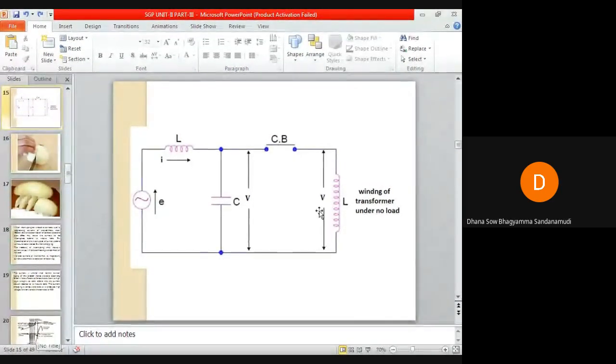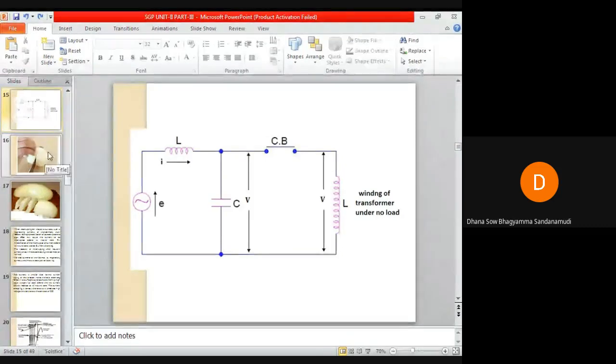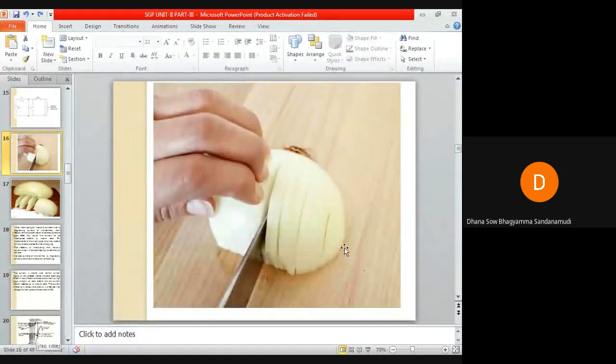So if you see here, just for example, I have considered an onion. The shape of the onion is similar to the loop of the current waveform. If you can observe here, a person is chopping this onion. So whenever the